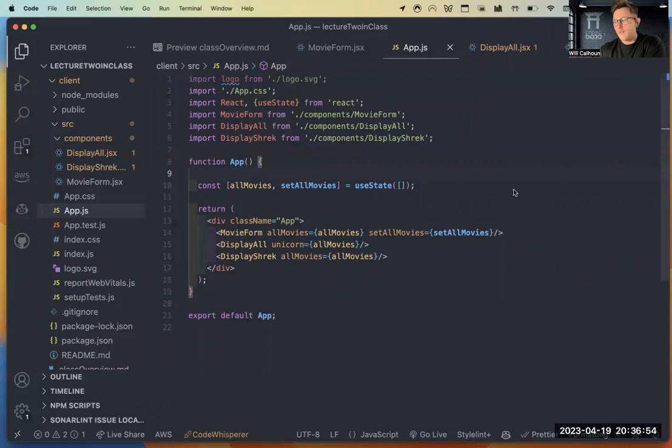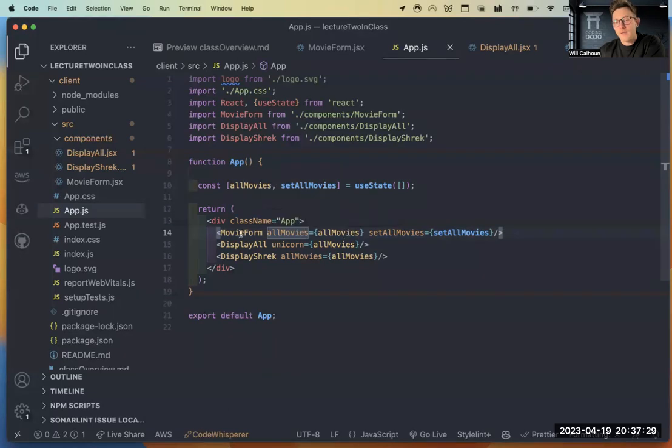I'm seeing in chat, somebody said, can you explain it one more time? When multiple components need access to the same piece of state, because children components, and in this case these are all children, cannot share state amongst each other, we have to lift state and declare it in our parent component. When it's in our parent component, now we can pass in that piece of state via props, or properties, to each component when that component is called.